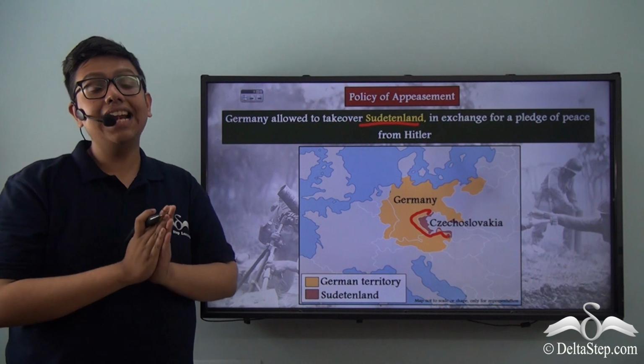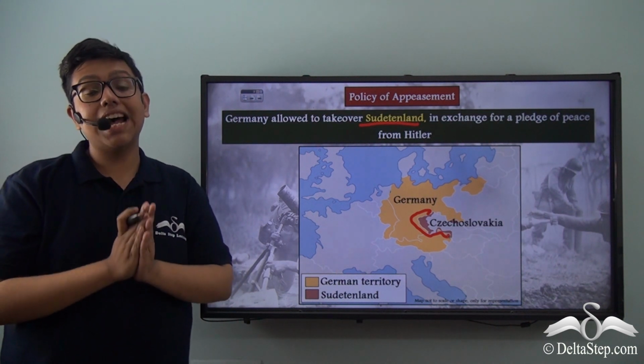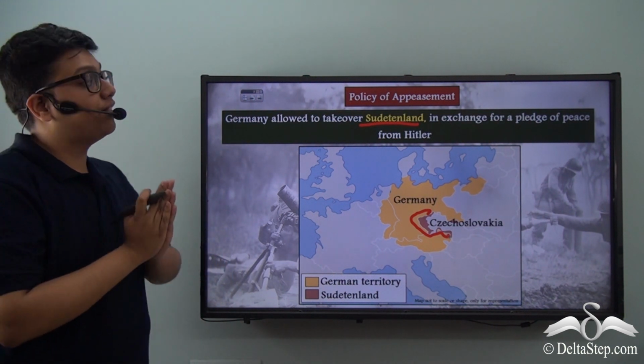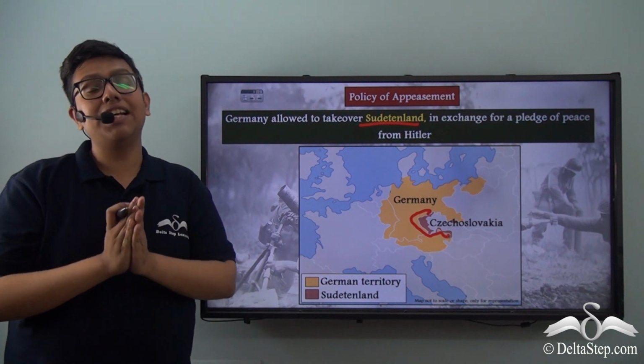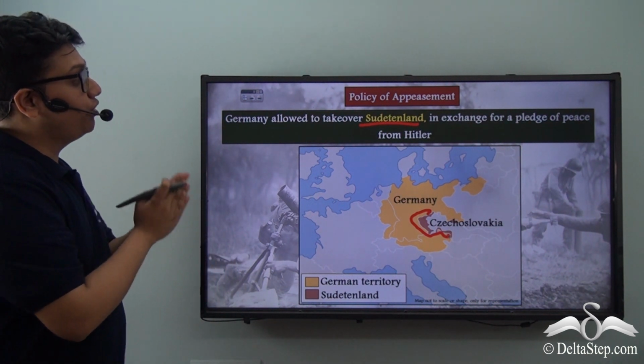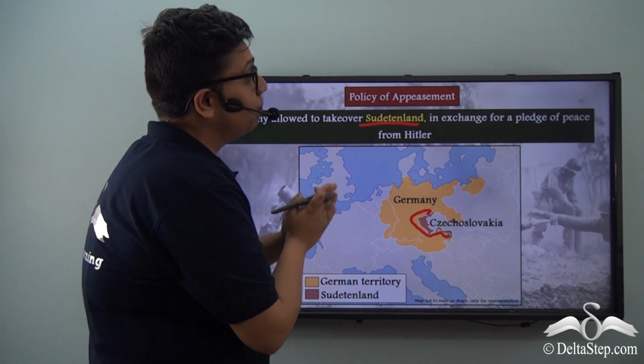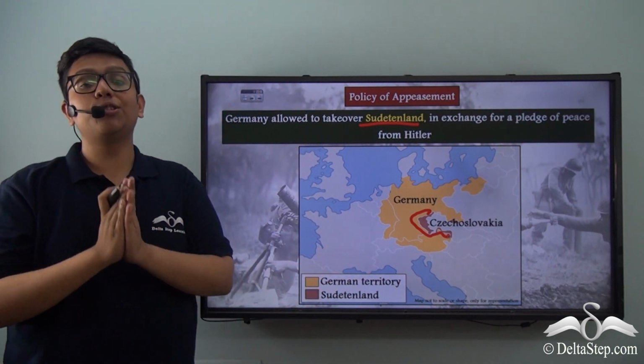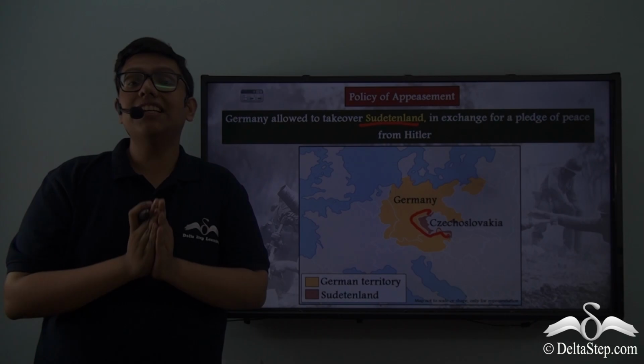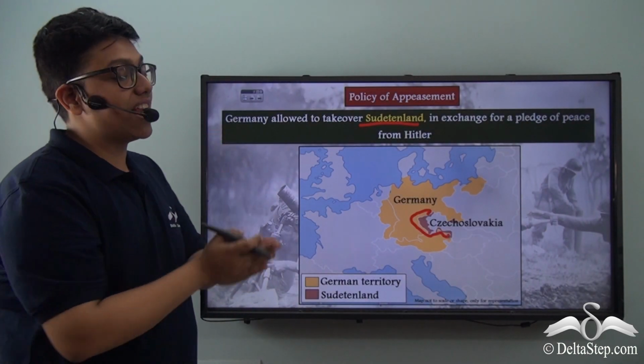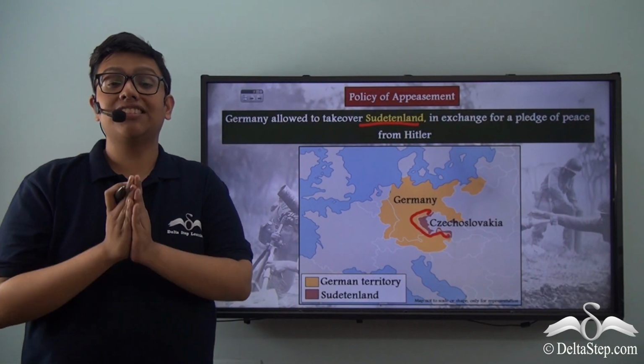When both Hitler and the Czechoslovakian leader approached the Allied nations, they decided to appease Hitler's Germany, and it allowed Germany to take over Sudetenland, but in exchange, Hitler was to give a pledge of peace. He was to state that he would not cause such aggressions in the future, and he would establish peace with